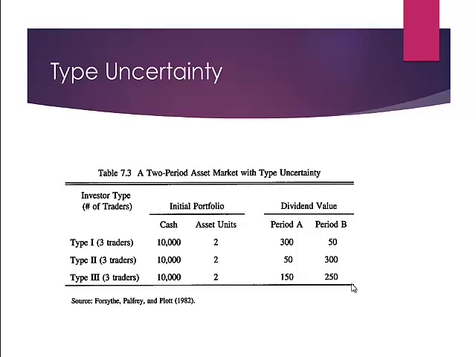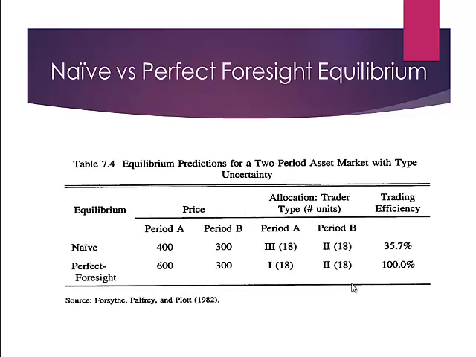Because then the type 3 trader will have value 400, and they will buy all of the assets, and in the next period they will sell to 2. But then the 600 doesn't make any sense anymore, because